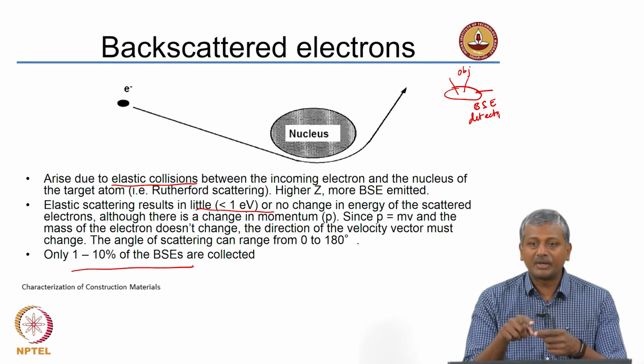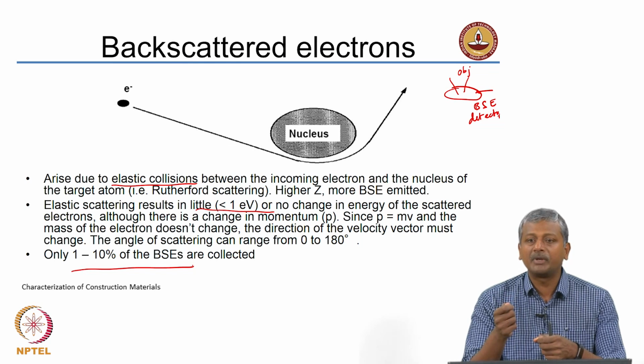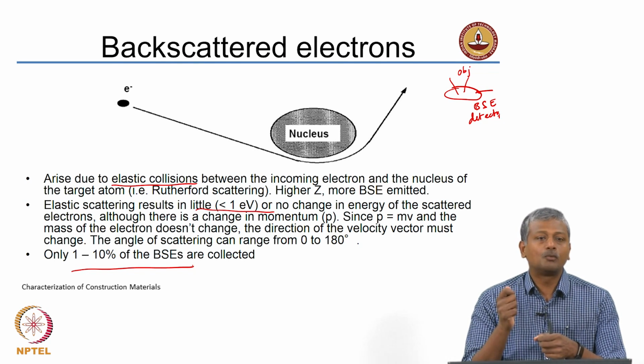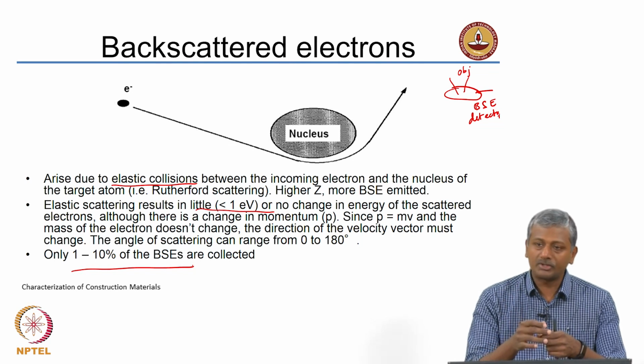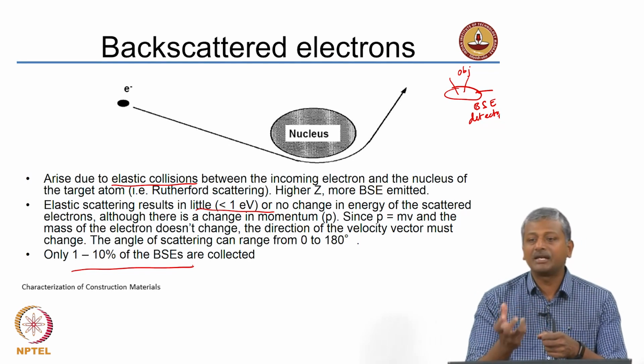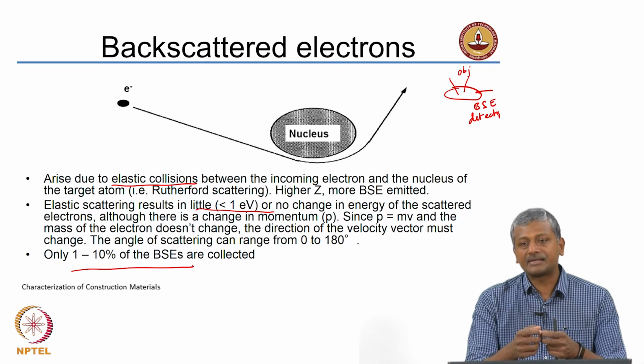So, to ensure that you get good penetration, what should you do for the electron beam? Increase the accelerating voltage. You need to increase the accelerating voltage to get good penetration. If you are looking at very dense phases, you need to work with high accelerating voltages.